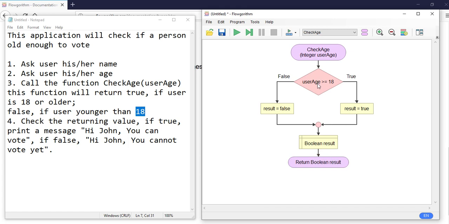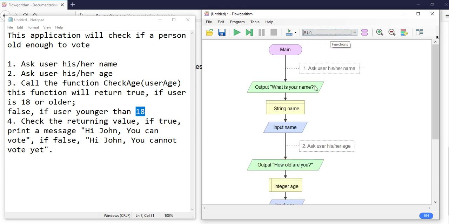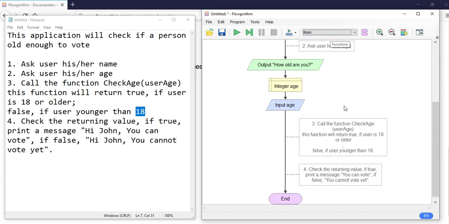Okay, if it is, for example, 9, user age is smaller than 18, so this is a question: is user age larger or equal to 18? The answer is no, in other words false. Then we will assign the false value to result and then return it right here. So now we have our function, and before we test it, we're going to call the function here,